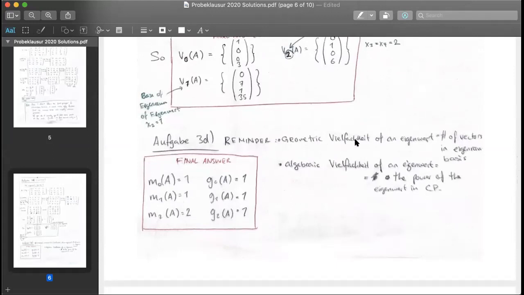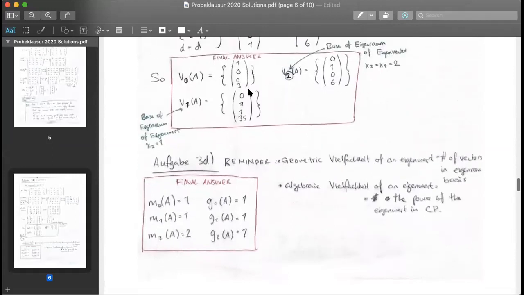The geometric multiplicity is going to be the number of vectors in the basis of the eigenspace. So to answer the geometric multiplicity, you look at your answer from the previous part. Here, the eigenspace of eigenvalue 0 has one basis vector, 1, 0, 0, 3. That's the only one. So the geometric multiplicity of this eigenvalue, 0, is going to be 1. The geometric multiplicity for the other eigenvalues are also going to be 1. But